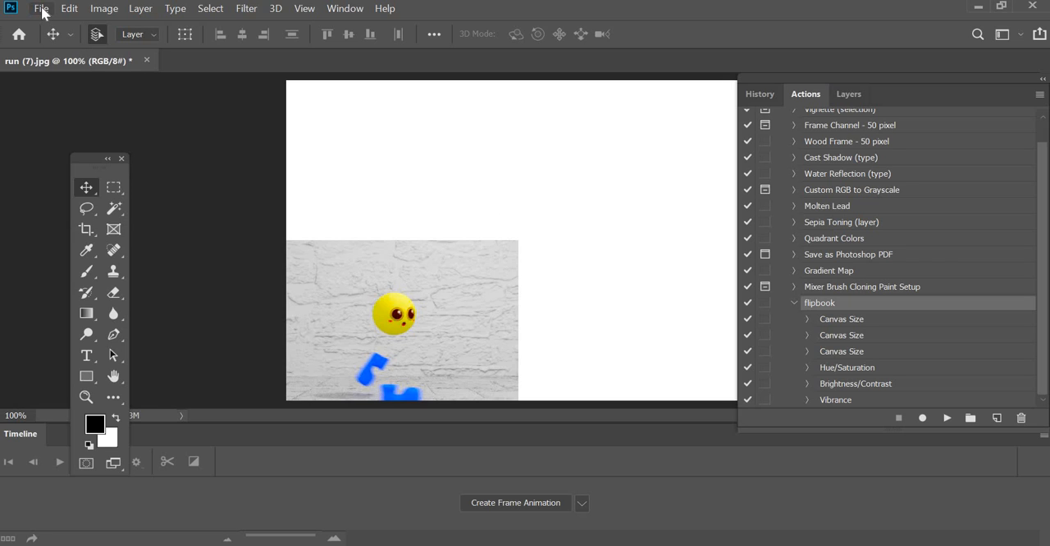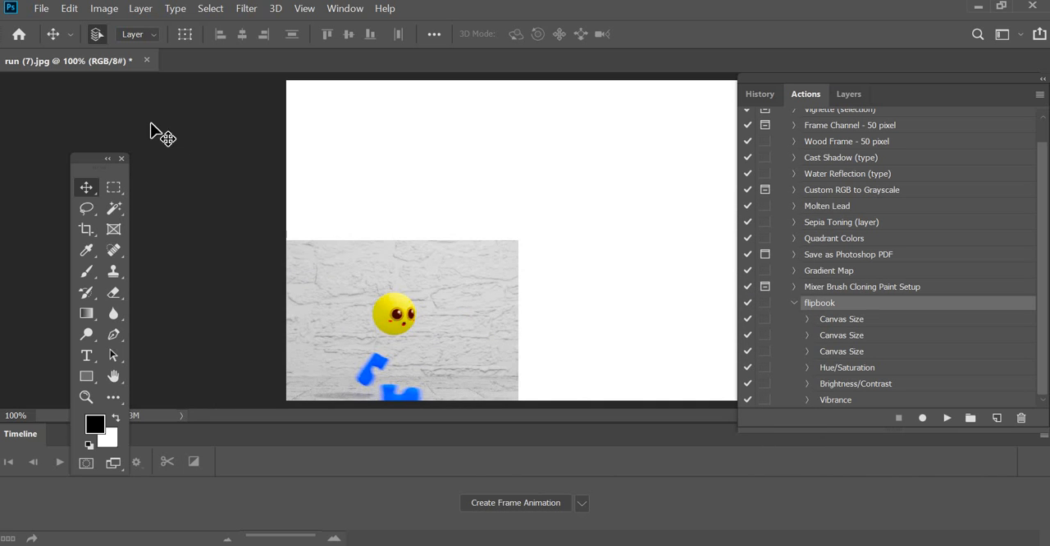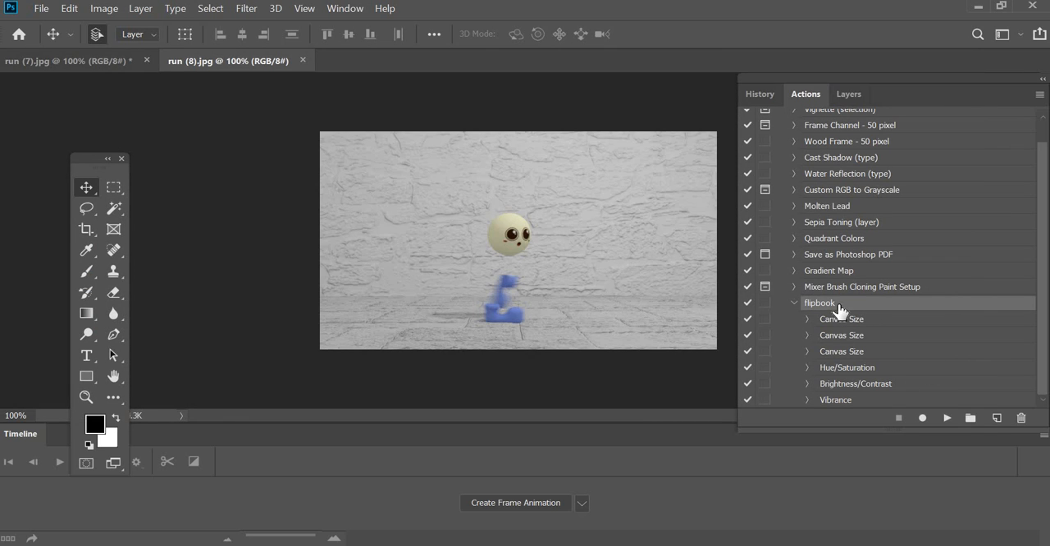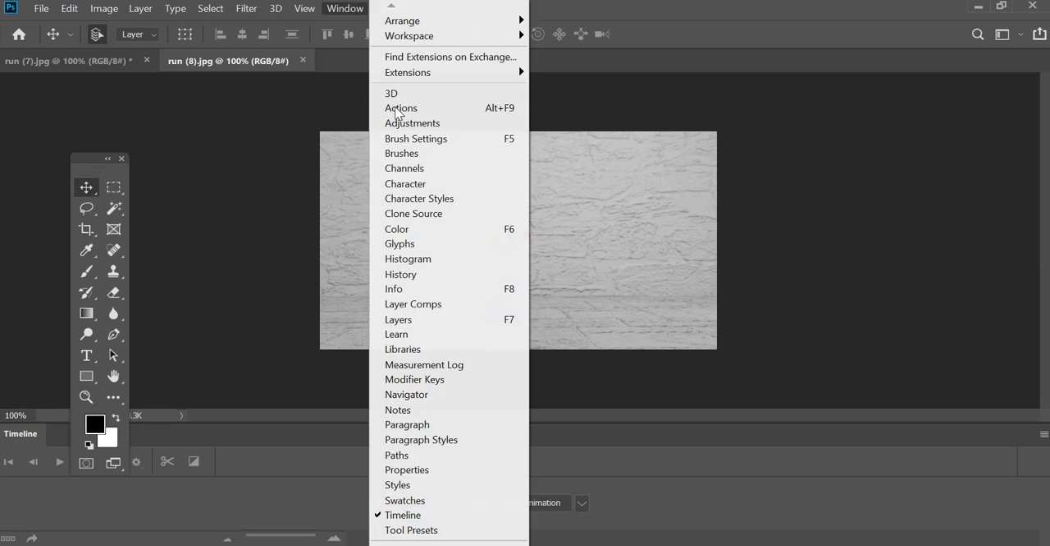So how it works is, right now I'm in run 7. I did the first 6, and now I'm doing the 7th and 8th. So I did the 7th. I will show you how to do the 8th. I just go and open the 8th frame. Okay, and here if you go to Window, Actions,